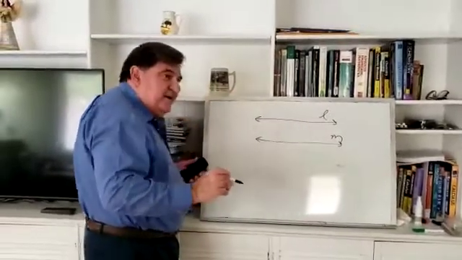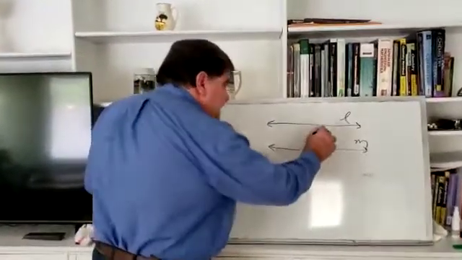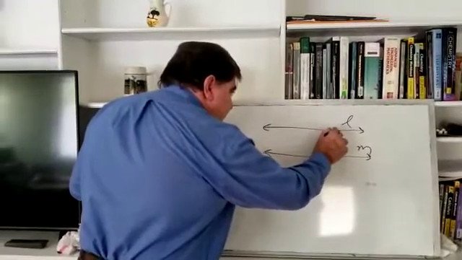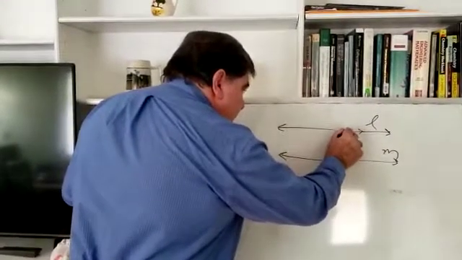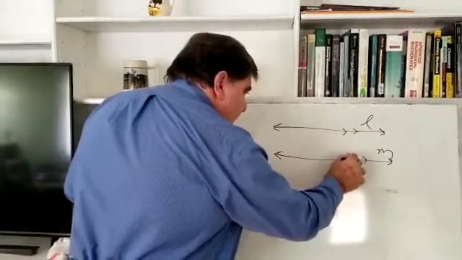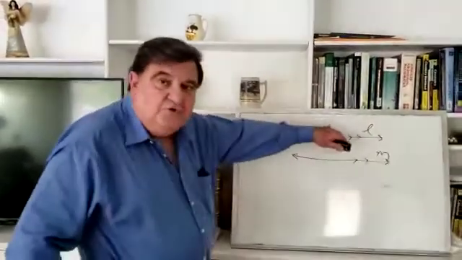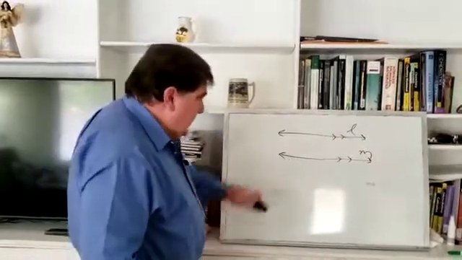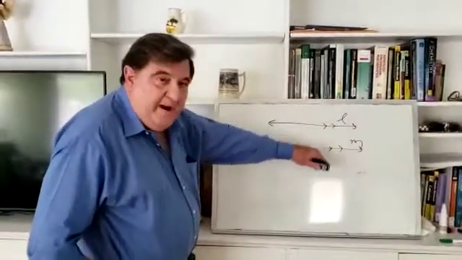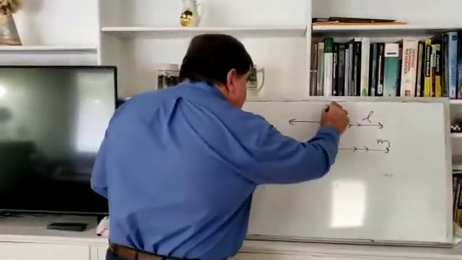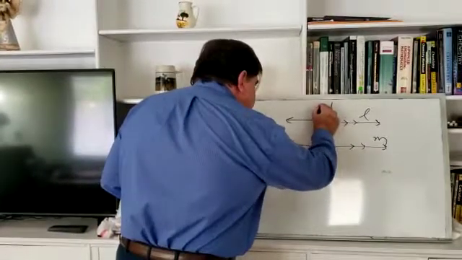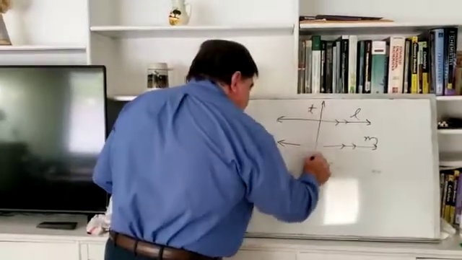Now, to designate parallelism, these symbols are put on the lines. This indicates that these two lines are parallel. Now, if you have two parallel lines cut by a transversal T,